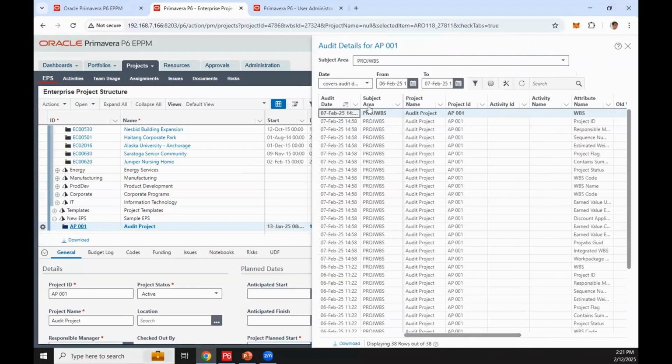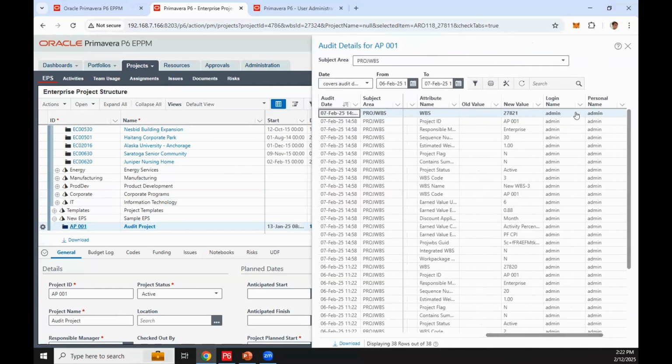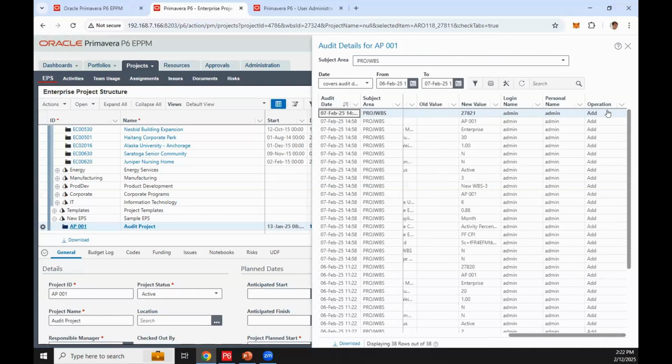If you notice, it has the audit date, and you can also see the project ID, the attribute, so for example it's a WBS, the new value of this WBS, and who made these changes. So you can easily check the operation. For example, this one is add.